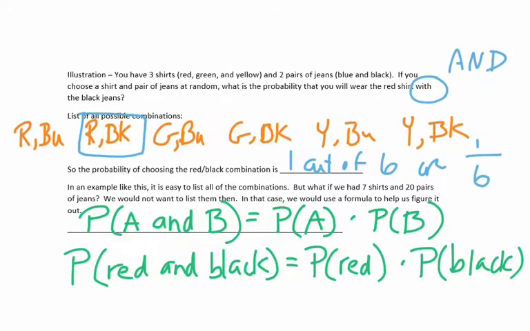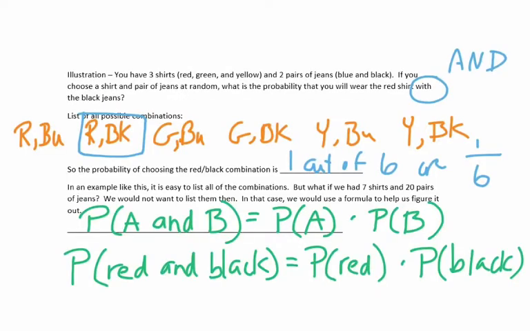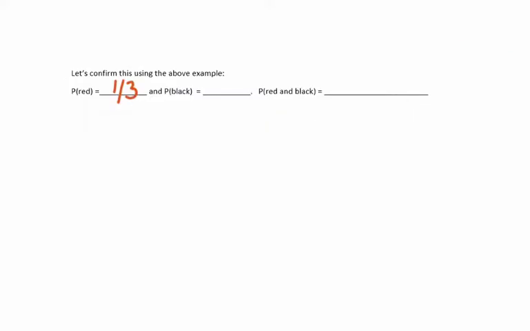So looking at the shirts, remember that we had 3 shirts. So we have red, green, and yellow. So the probability that you're going to pick a red shirt was 1 out of 3. There were 2 pairs of jeans, the blue and the black. So the probability that you would be pulling the black jeans is 1 out of 2. So the probability of red and black is going to be the probability of red, which is 1/3, times the